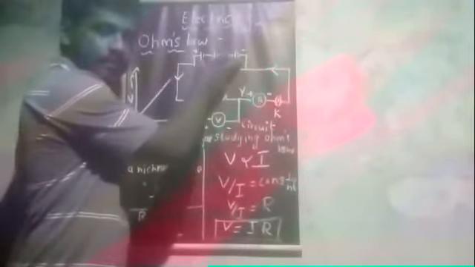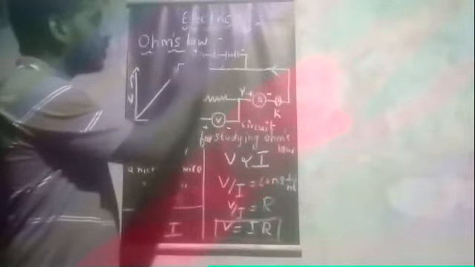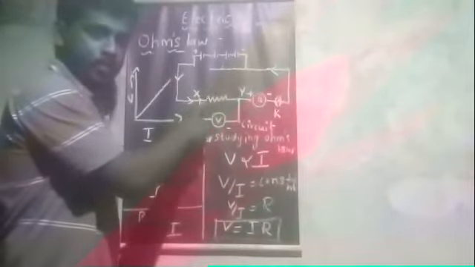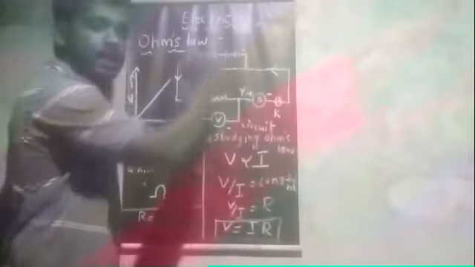Okay, first of all, how to construct the circuit? You have to connect the battery. Then from one end of the battery we connect to one end of the nichrome wire. Then the other end of the nichrome wire is connected to the positive end of the ammeter. Then the negative end of the ammeter is connected to a key, and the other end of the key is connected back to the negative end of the battery. The voltmeter is connected separately to the two ends of the nichrome wire. That is connected in parallel.